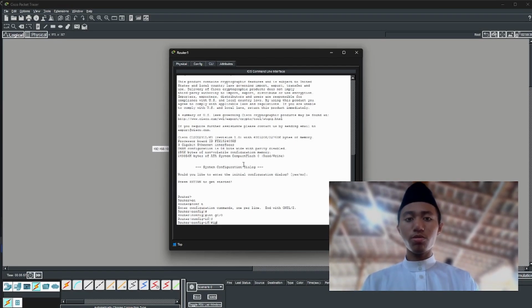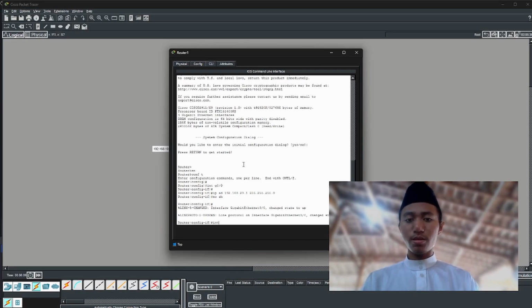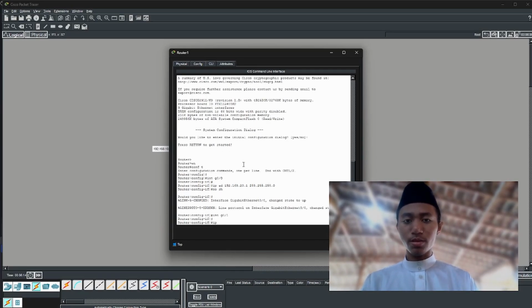So I'm going to configure IP address 192.168.20.1 and for the subnet mask /24. No shutdown. Then we select the PTP interface, then IP address 10.0.0.2 and subnet mask /30.